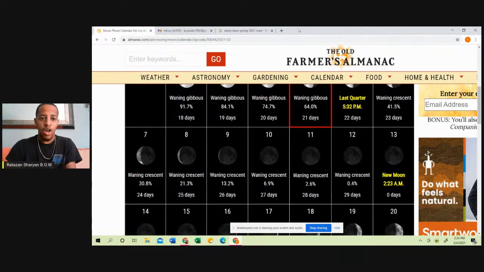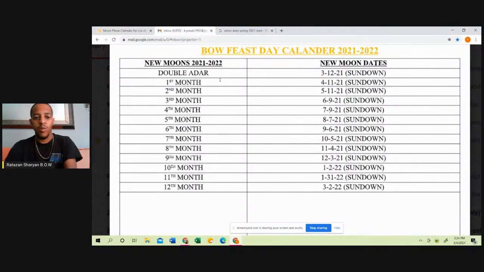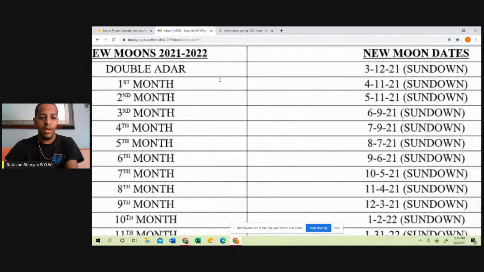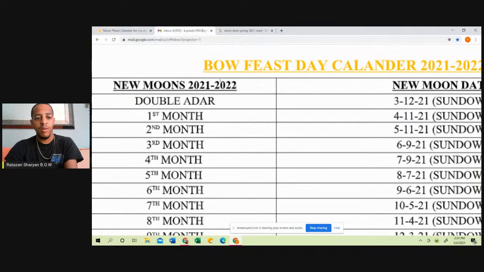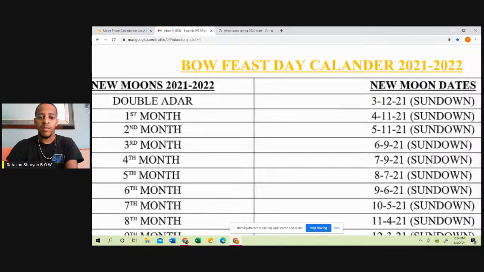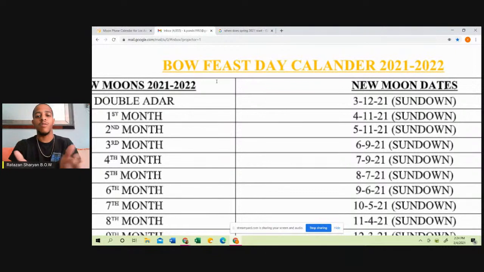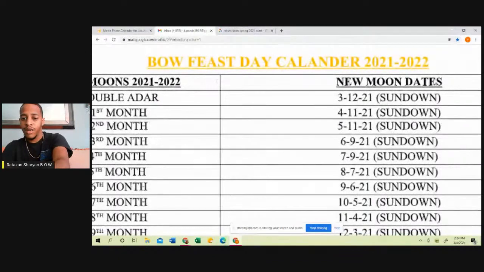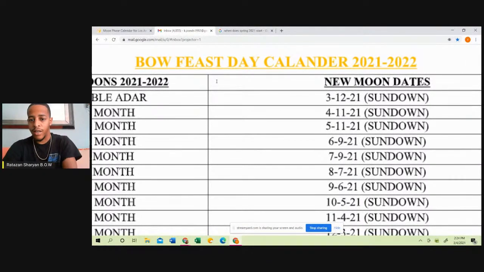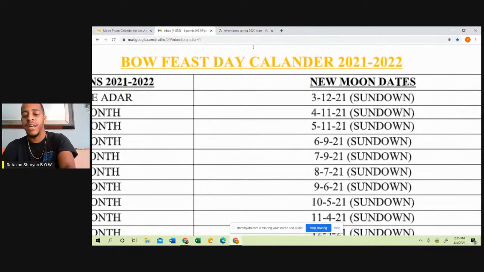All right. But we will still keep this. Like if we go to our calendar, let's go to our calendar. We call this a double Adar. Double Adar meaning, some people say leap year, but we call it a double Adar, is when this month will be like a double 12th month because the moon did not fall in the spring season. So we would still keep this new moon, right? The 12th at sundown, right? We would still keep this new moon, but this new moon will not be the beginning of our season of spring and the beginning of our new year and our new month.